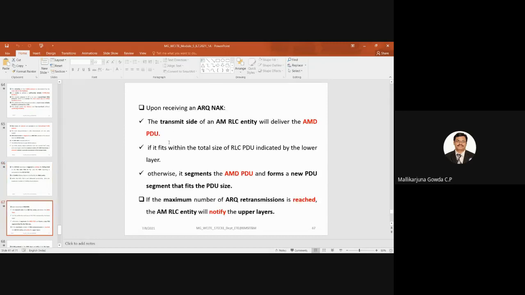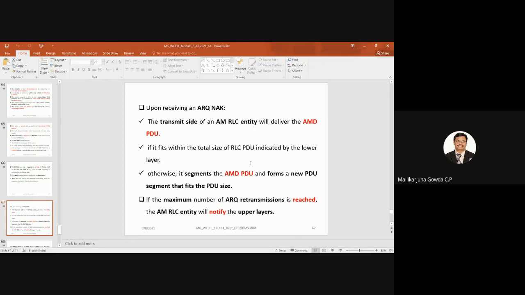Upon receiving an ARQ negative acknowledgement, the transmit side of an AM RLC entity will deliver the AMD PDU if it fits within the total size of the RLC PDU indicated by the lower layer. Otherwise it will segment the AMD PDU and form a new PDU segment that fits the PDU size.